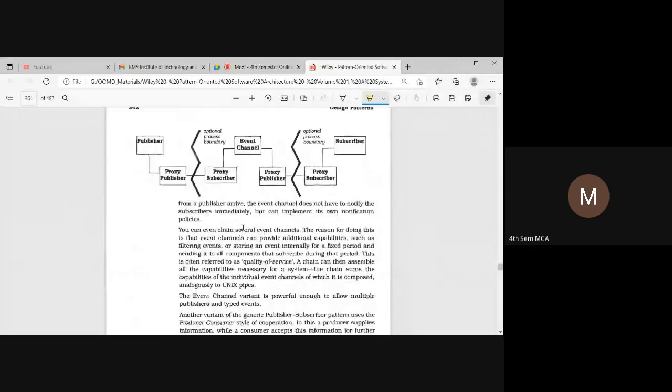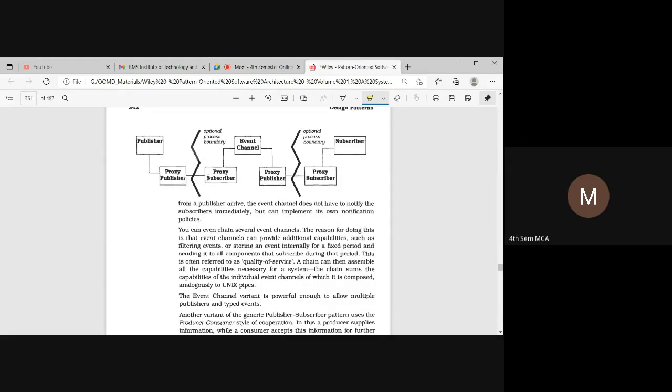So this is an OMT diagram. Okay, so we have a publisher and we have a subscriber. We have a proxy publisher and a proxy subscriber. There is an optional boundary. This zigzag line is a boundary where we can identify the changes that we are going to have, so that has to be maintained.